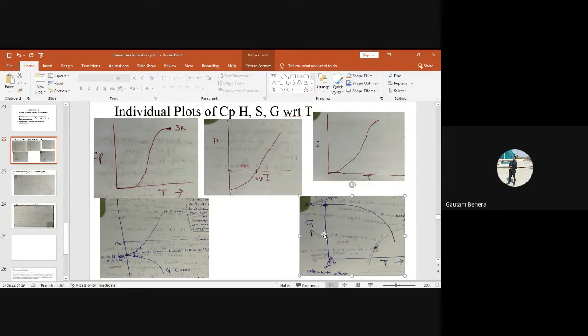But entropy will never be negative. Entropy will either be 0 or it becomes more positive. So you can write S is equal to minus dG by dT. In this way also you can write. Anyways, if I draw a straight line going downward, that means there will be no change in slope. If the slope is not changing, that means entropy is fixed.